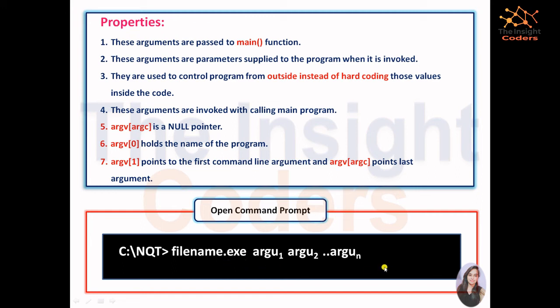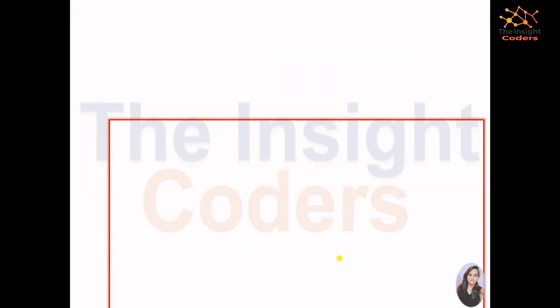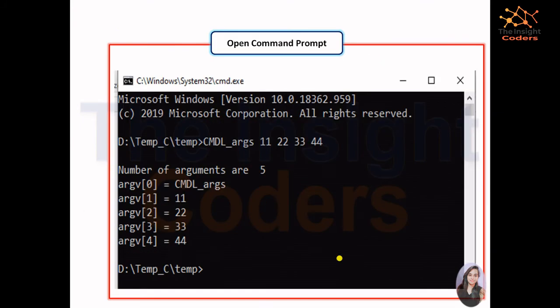After that, you have to pass the arguments, whatever they are. The zeroth one is the file name, then the first index, second index, third index, and so on. So it will work. Okay, let's see what I'm actually telling you.